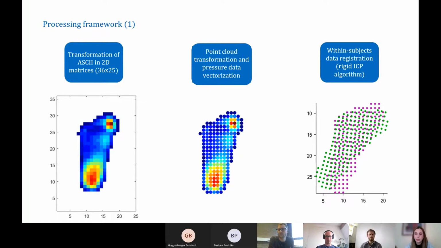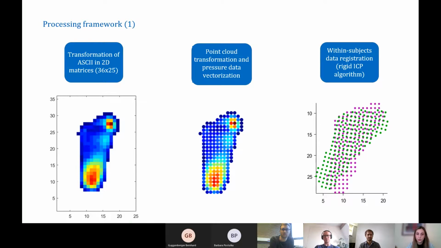We realized that this was mainly due to the ICP algorithm being quite susceptible to local minima, and its performance relying on the initial pose estimation of the point cloud with respect to the template. So we realized that we needed to perform another important step within this processing framework, which was the rotation of each pressure image